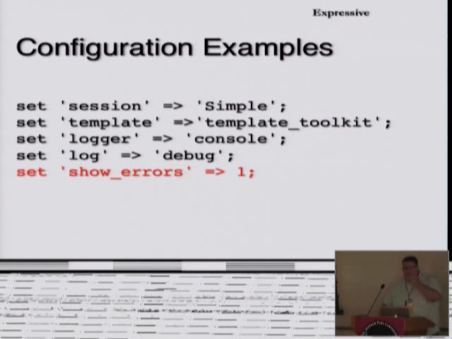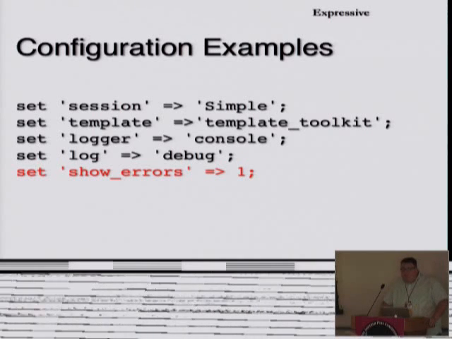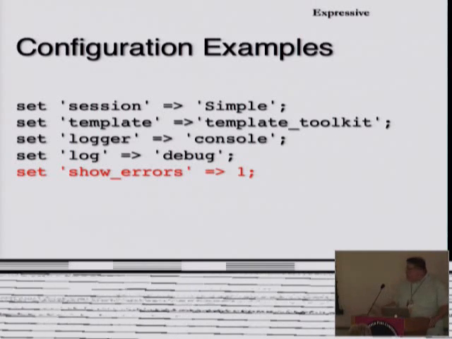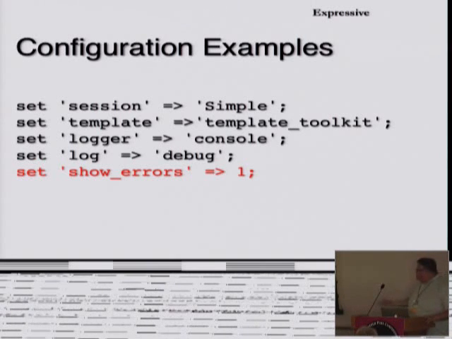What show errors actually does is dump your entire error stream to the browser. And there are plugins that let you do all sorts of other cool stuff, and if you use Plack middleware, you can do even more cool stuff. So it's super useful to have that set up. You can see some of the other things that I've done here. Simple is the session manager that you get out of the box with Dancr. It's an in-memory thing, so as long as your web app is running, it will maintain session for you, as long as it has free RAM too. But yeah, simple in-memory session handling.